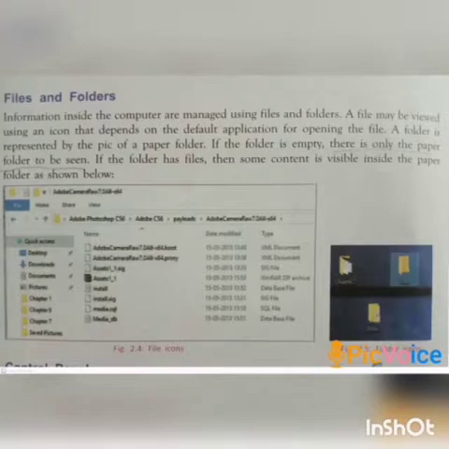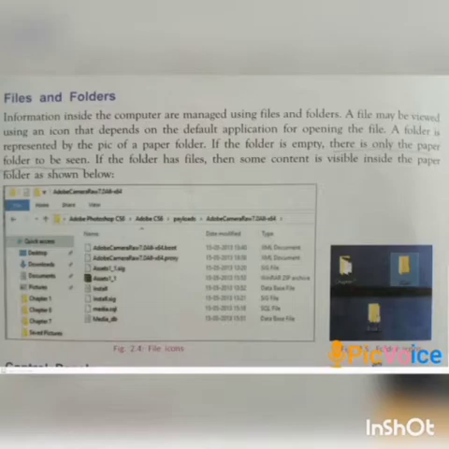A file is the common storage unit in a computer, and all programs and data are written into a file and read from a file.